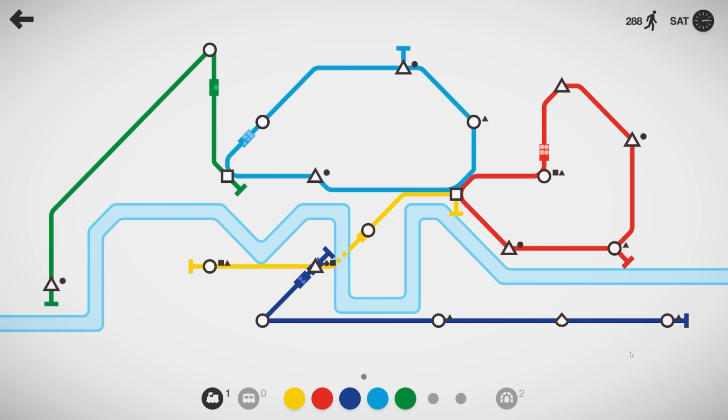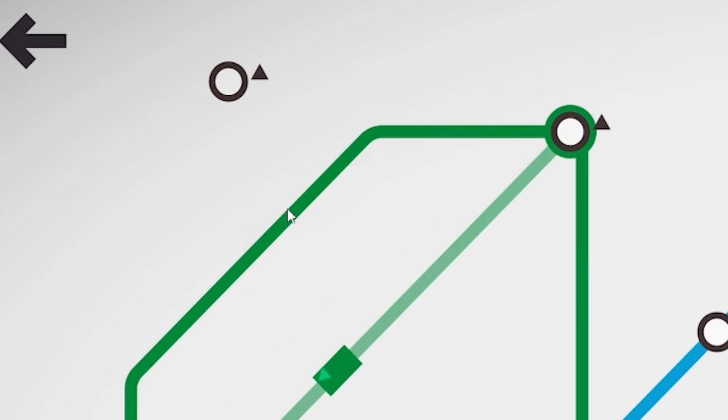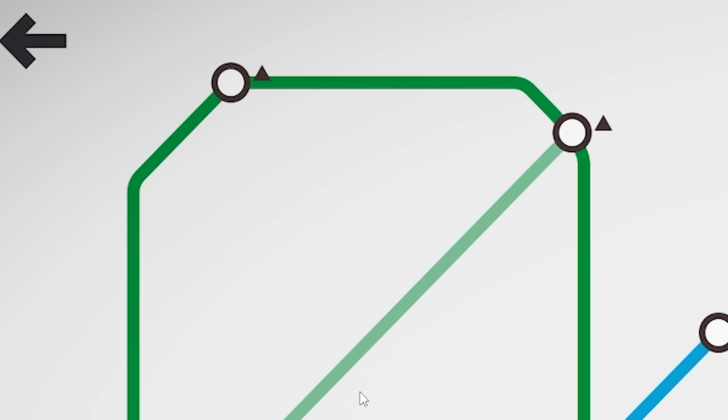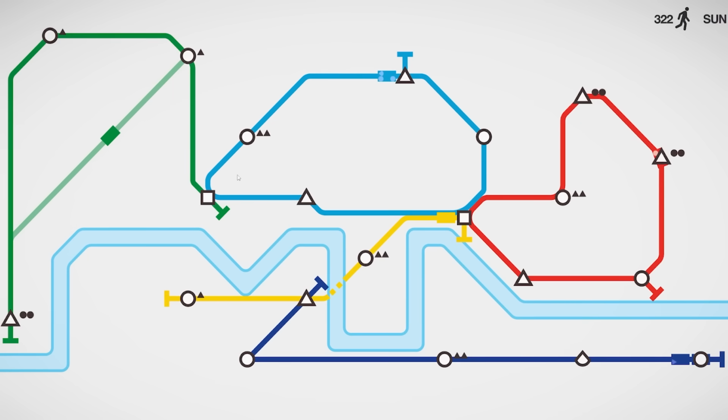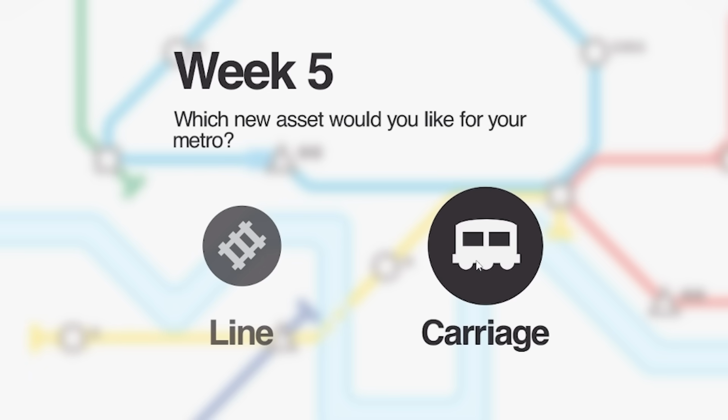Even more grateful we have a double train on the blue. But yeah, something in the top left, a circle. So let's just extend green up to there. This looks like a child has drawn the Olympic rings. All right, anyway, week 5, another locomotive and another...